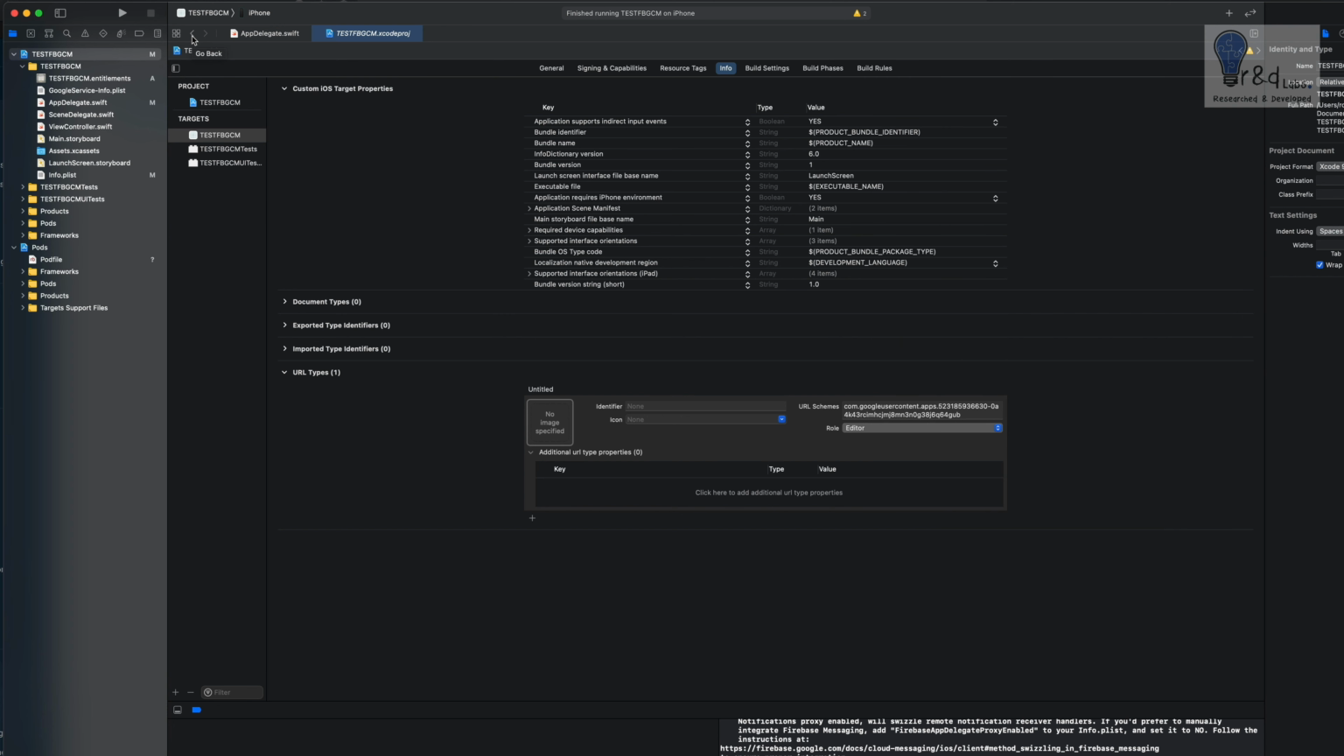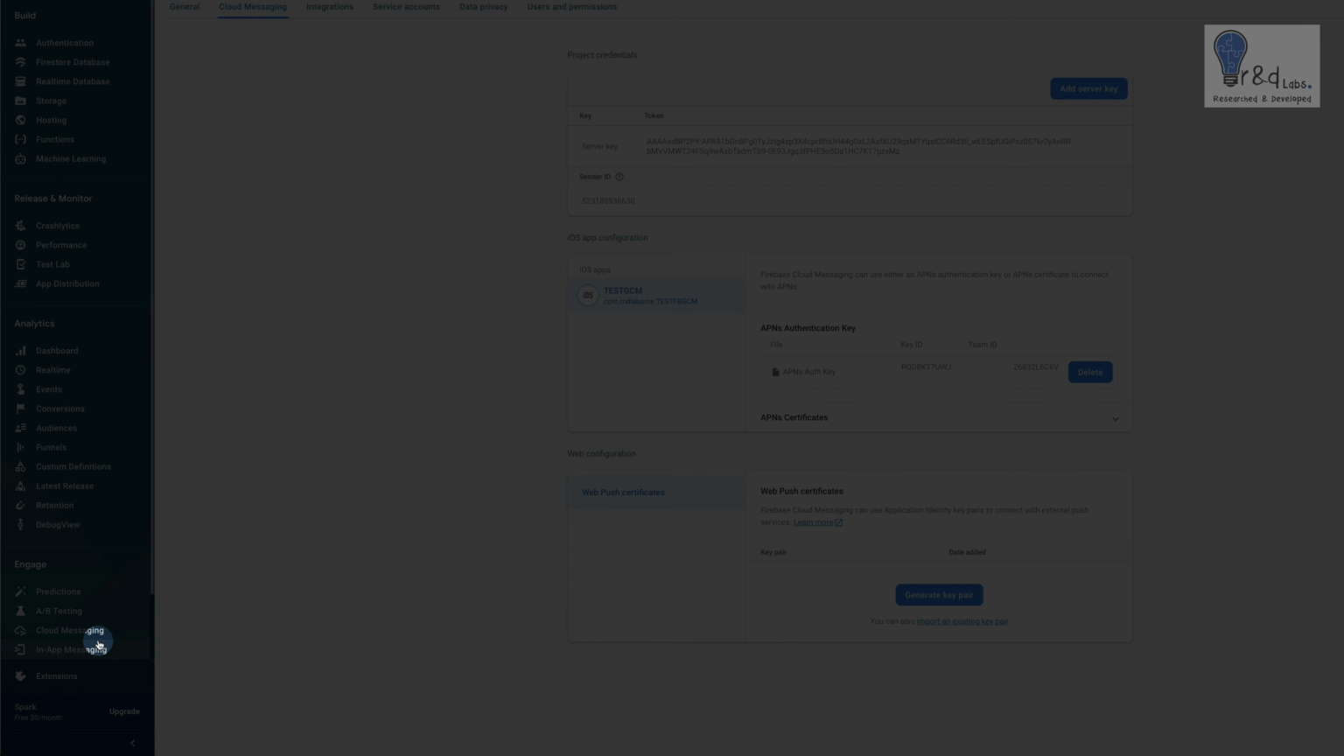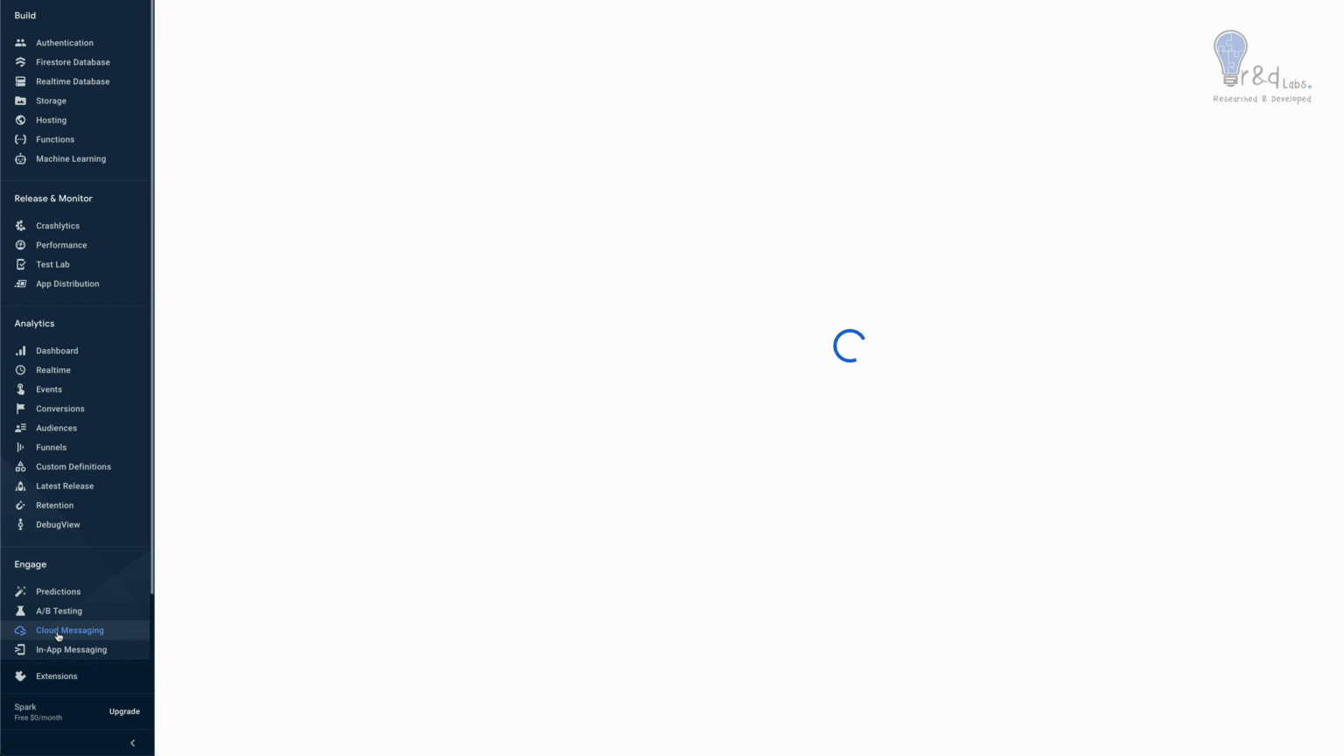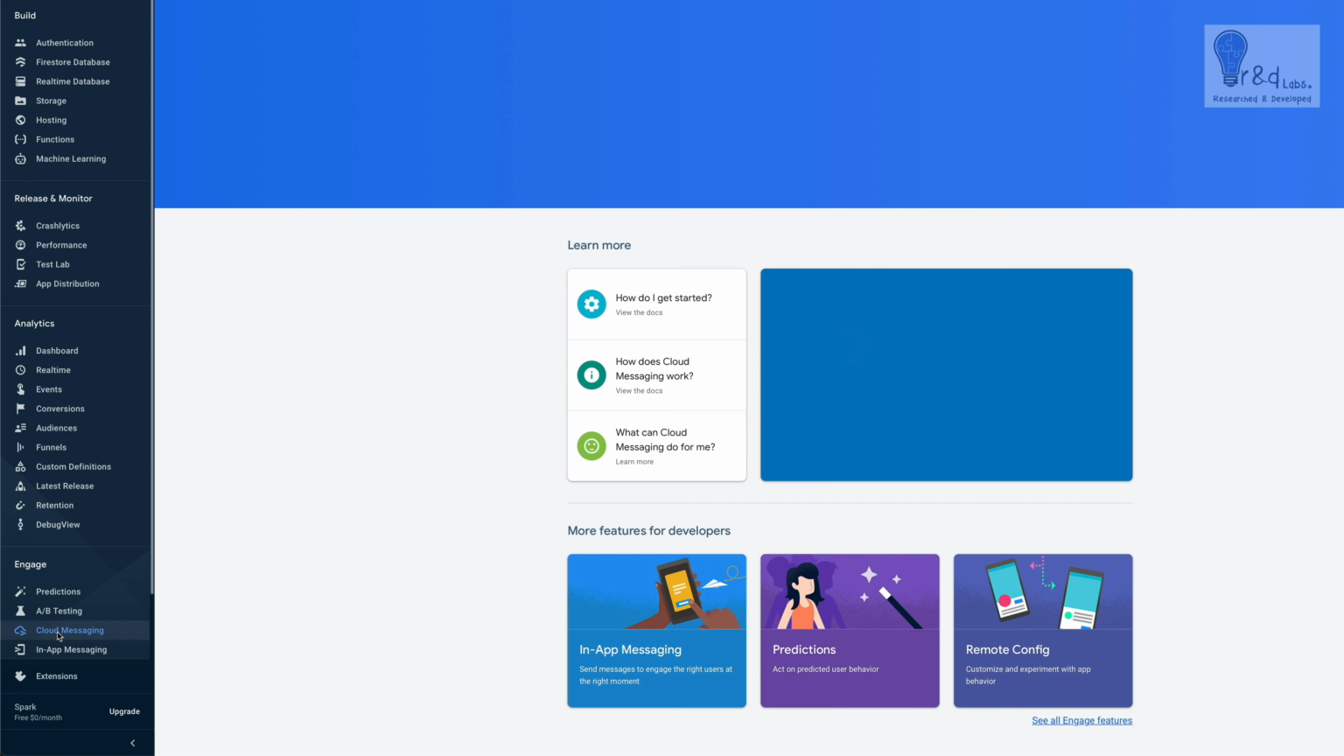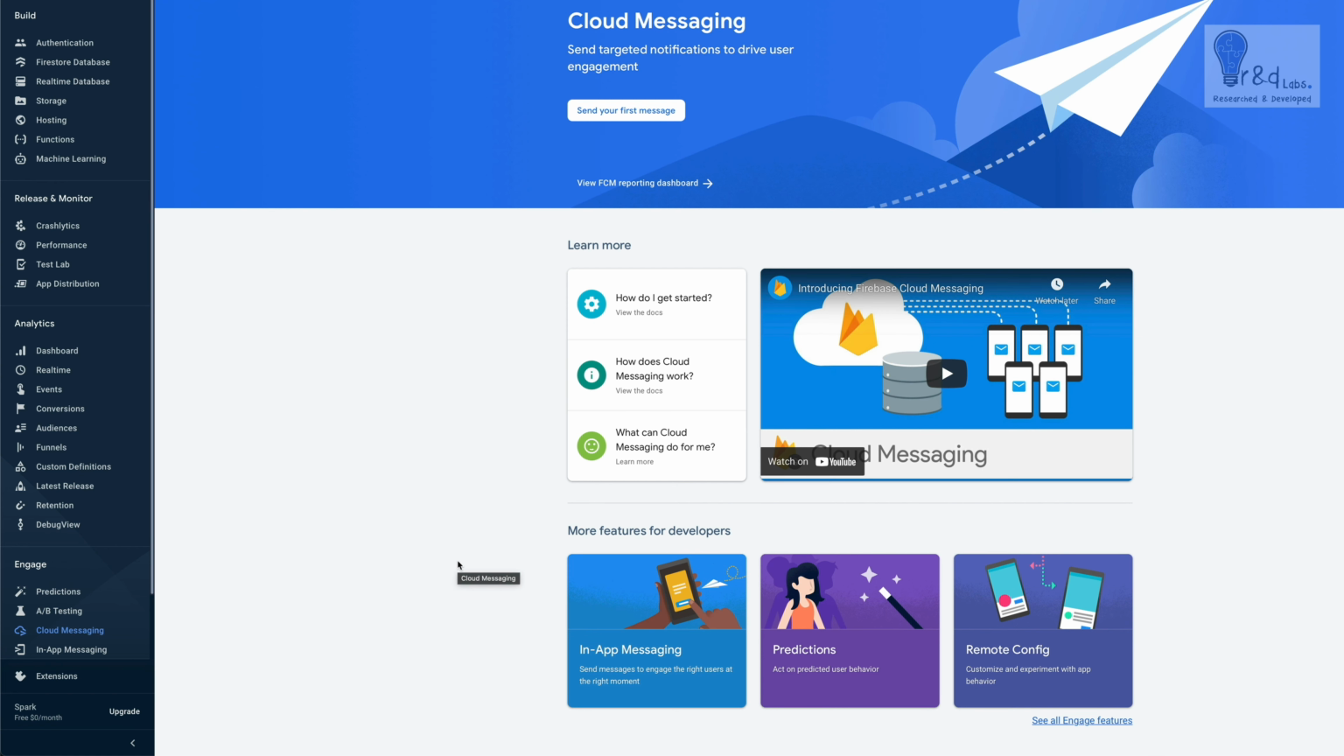So where do you send the notifications from, basically? You need to open up the Firebase console, and go to the cloud messaging section over here. It will open up, and over here you see this button which says send your first message. Just click that,